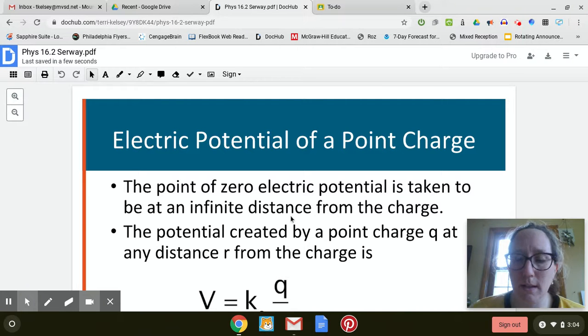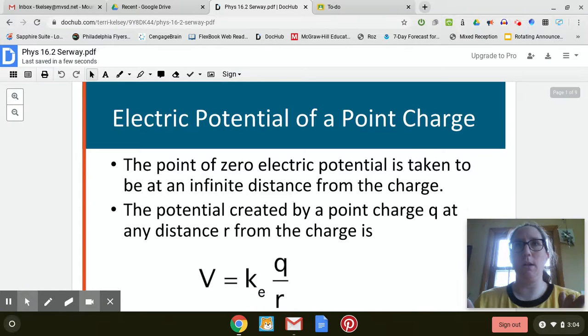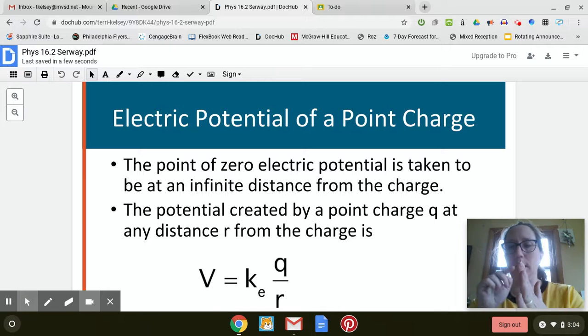So now instead of talking about parallel plates, because we were talking about two parallel plates where we were putting a test charge in the middle and then being able to calculate what was going on,